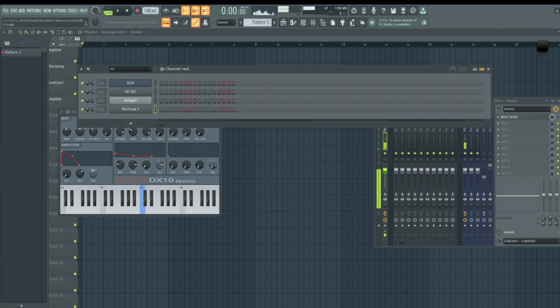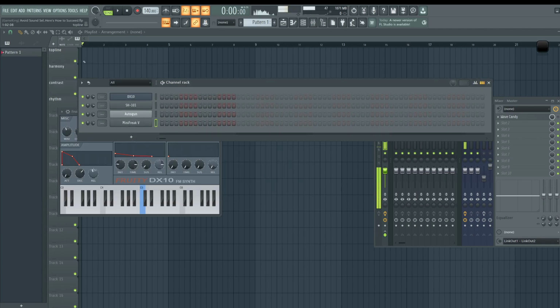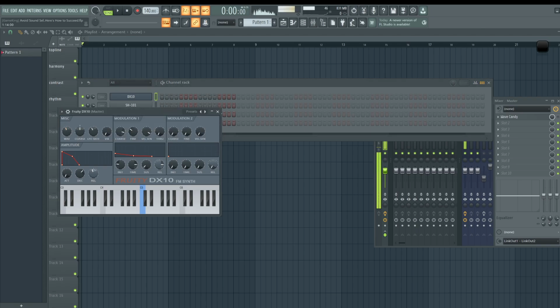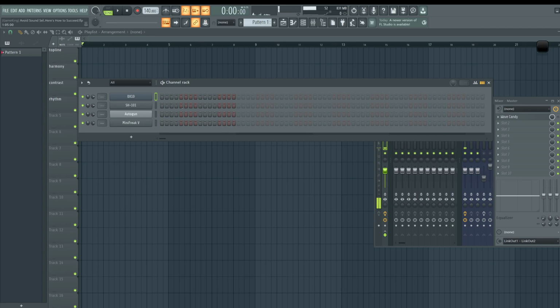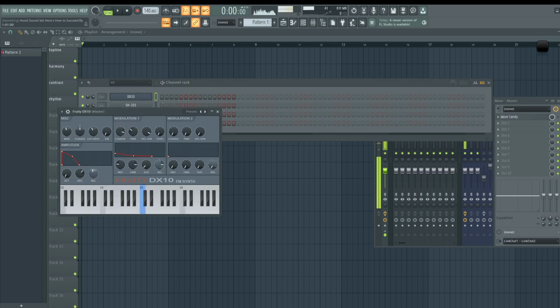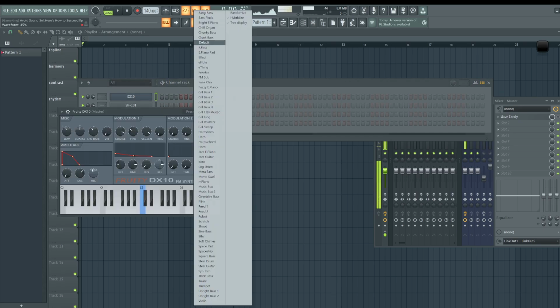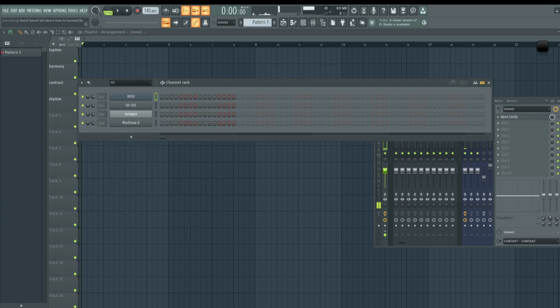So what I'm going to do is categorize sounds. Remember, we have a top line, a harmony, a contrast, and a rhythm. Most of the time, rhythm is usually your percussion stuff, but it can also be a sound generating plugin. Now I'm going to pick a sound from DX10 and say, which category of sound do I want this specific thing to be? In this case, let's pick the log drum, because I know the Amapiano folks. Shout out to X Dizzle. Let's create a rhythm section.